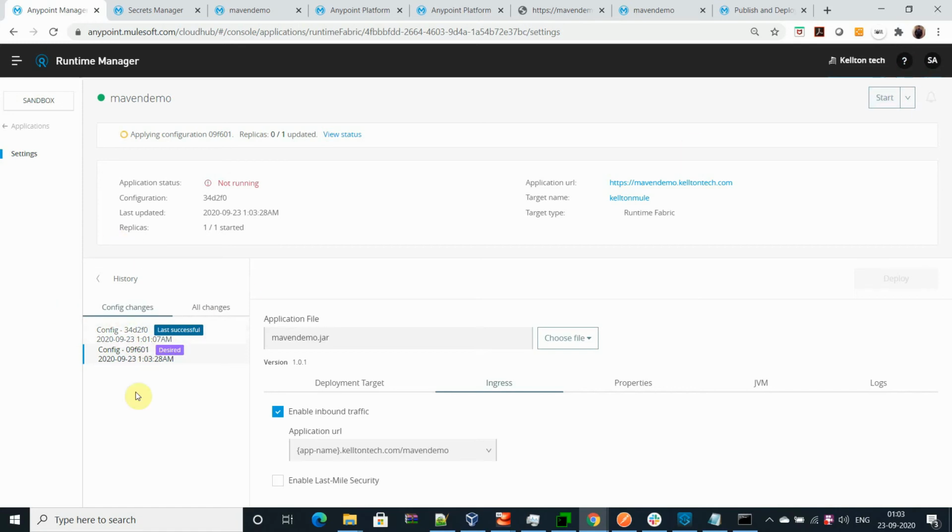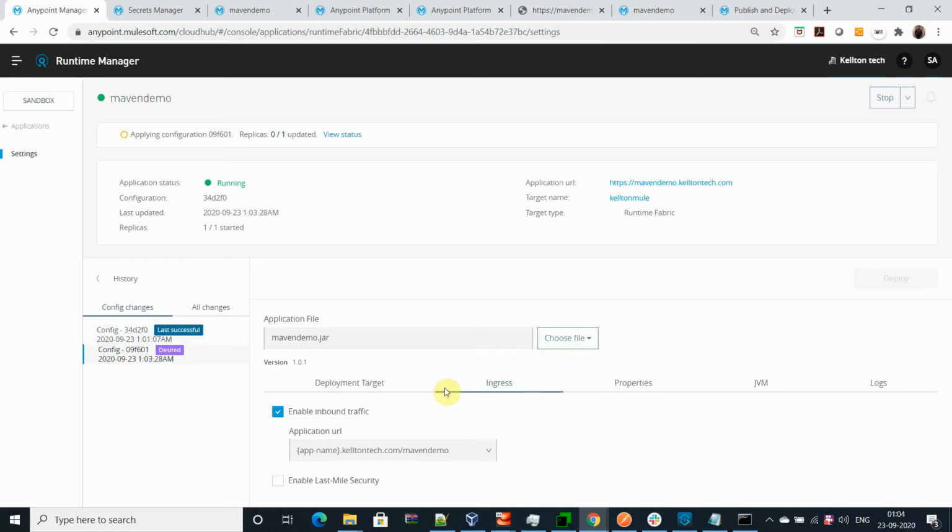So the user should have all the access to the Exchange to perform all these operations, so that your runtime environment is able to perform the operation in your Exchange, okay? And whatever changes you are doing, you can update from here itself, okay? Usually it performs all the changes of the application and keeps the history of the application only, okay?